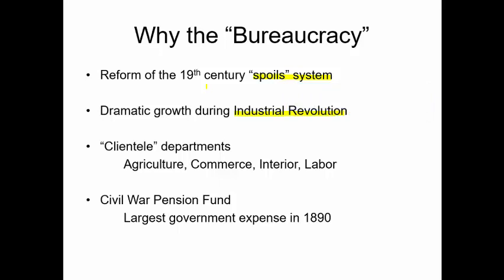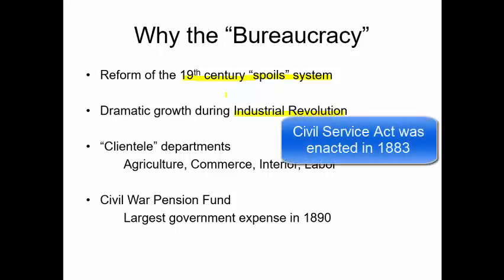And so in return for your support, I will give you jobs, or I will give you contracts. Literally, you're pretty much paying for a job. So that was very much potentially ripe for corruption. And as we see when you look at the history of America during the late 19th century, the Progressive Era, the Gilded Age, that sort of thing, we started to see a lot of attempts at reform to try to clean this system up.